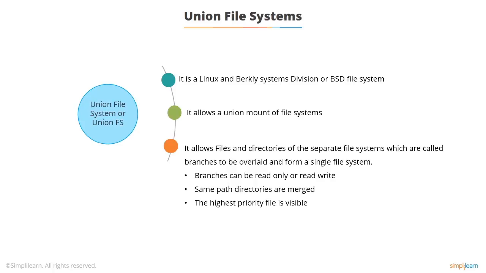The union file system enables you to overlay file systems on top of each other. They're called branches, where you have directories and files, but you can take one file system and layer another one on top of it, and effectively get the union, as in the set union, of the two file systems. There are various priorities, so same-path directories are merged, and if files have the same name, the priority decides which one's visible and which one is hidden behind the other.